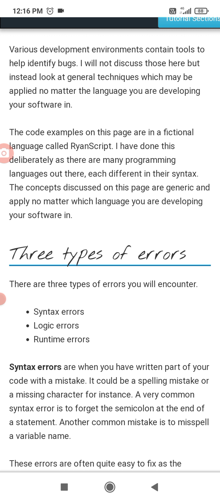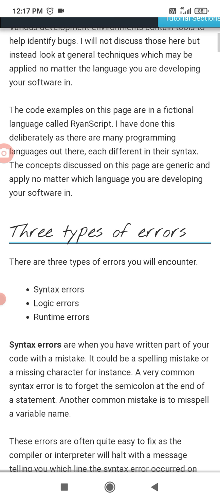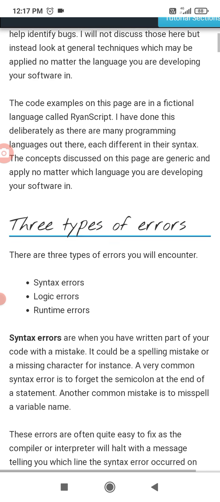It does not matter in which language you create your program, be it Java, Python, or simple C. For all languages, software debugging is the same process.